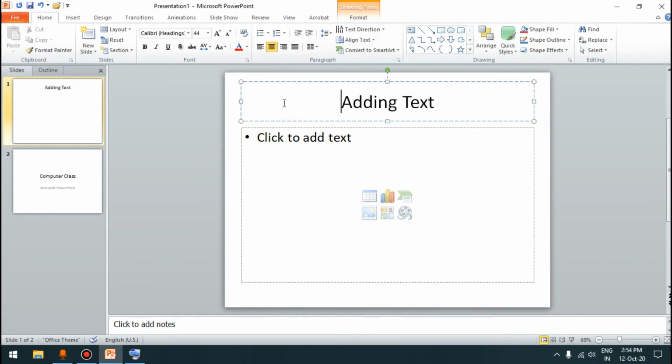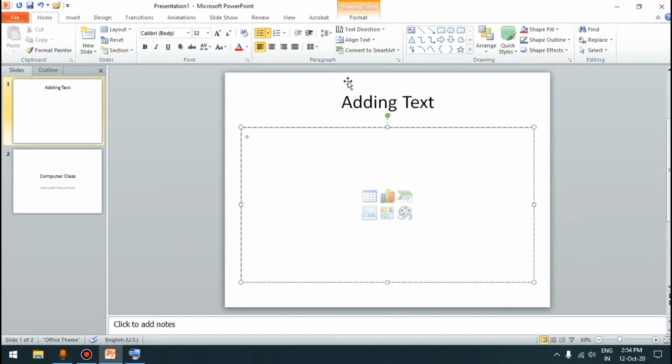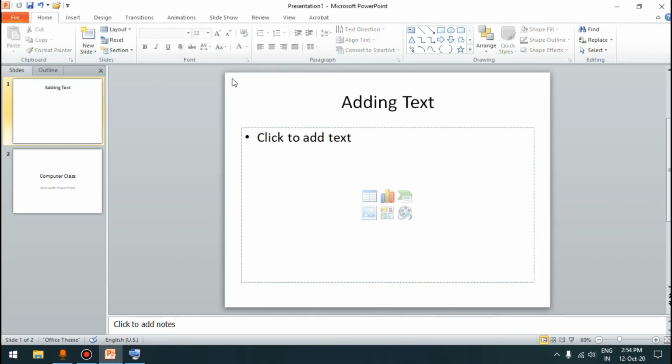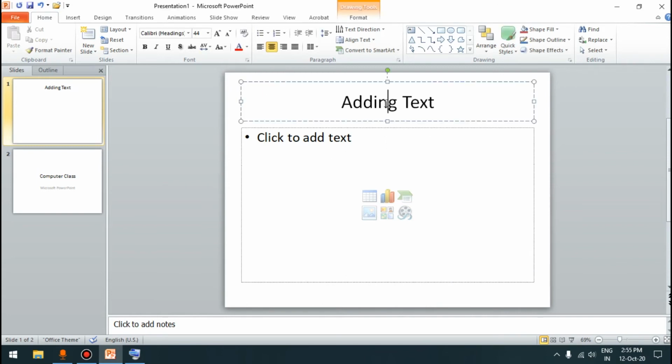Now if you are observing, whenever I click inside the placeholder, a new tab appears on the ribbon, that is Format under Drawing Tools. If I click somewhere outside the slide, you can see this tab has disappeared. So whenever we click inside the placeholder or the text box, a new tab appears in the ribbon area, Format under Drawing Tools.